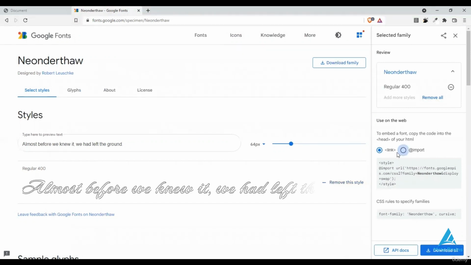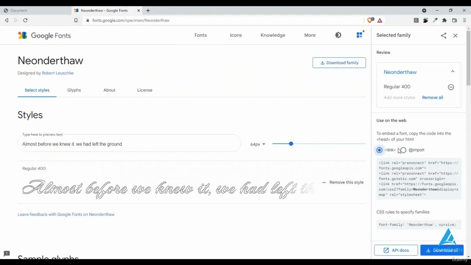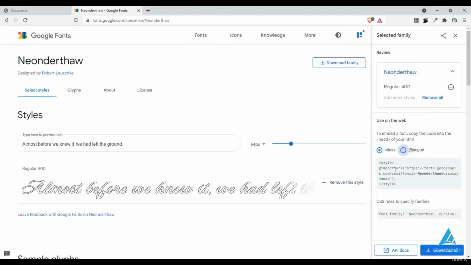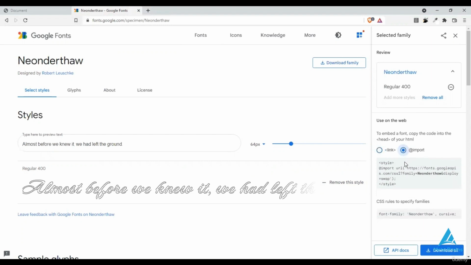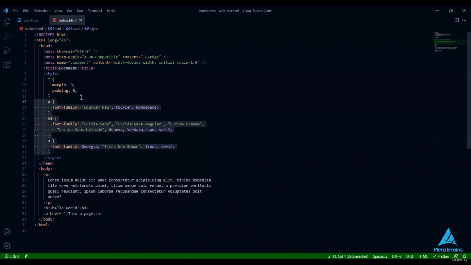You can either use the link or import. Both processes are the same, so the simple difference is that the import function is used in the style sheet while the link is pasted in the head tag. The process of pasting the link is much easier, but I'll show you how to import it as well. So you have to copy this link, go back to VS Code, and you'll have to paste it into the